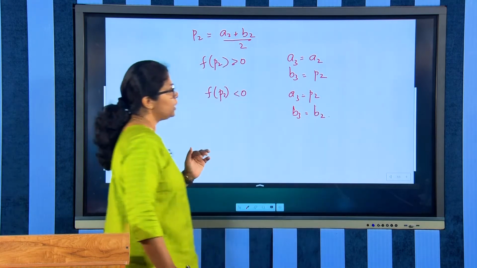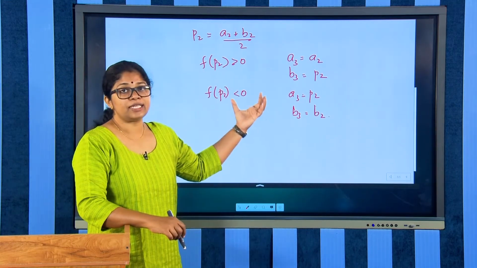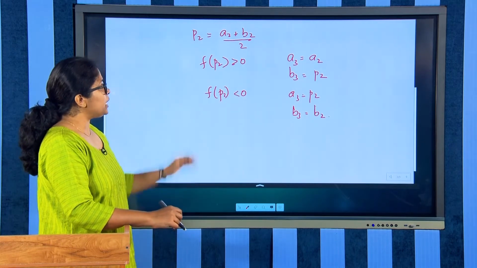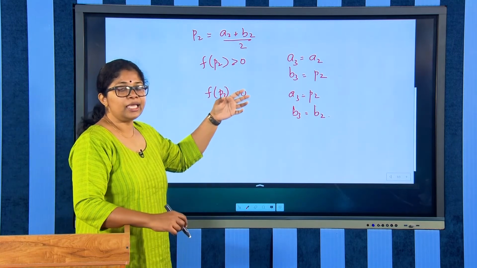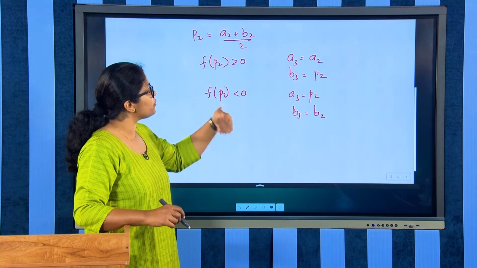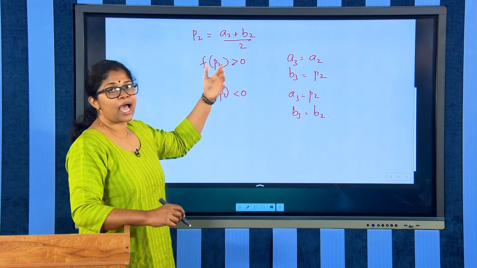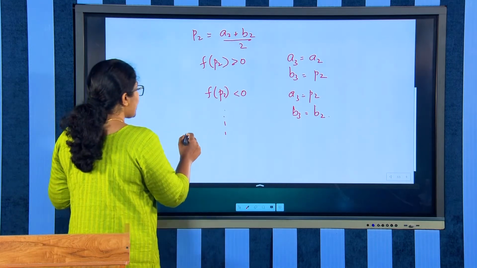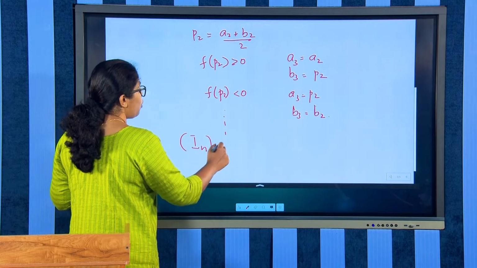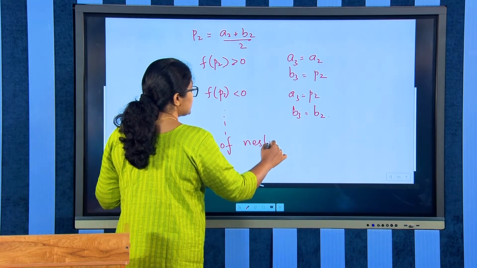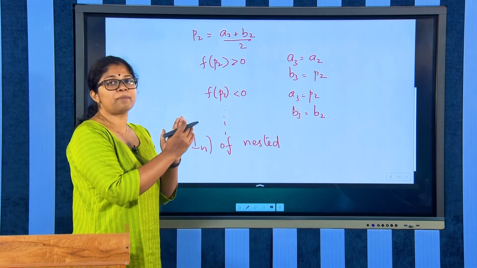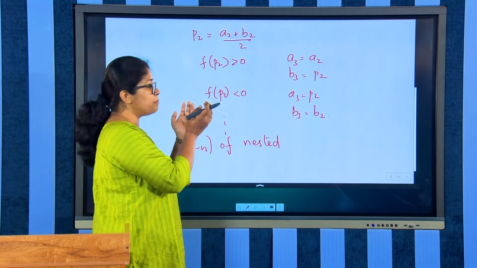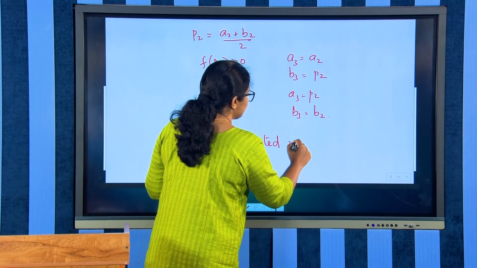B2. Okay. So again the length of this interval I3 becomes (B minus A) by 2 power 2. So in each case we are dividing the interval into half. So I3 has length half of I2, I2 has length half of I1, and so on. And proceeding like this, we get a sequence In of nested intervals. Why nested? Because each interval is obtained by dividing the previous interval into half. So each interval is contained in the just preceding one. So nested intervals,